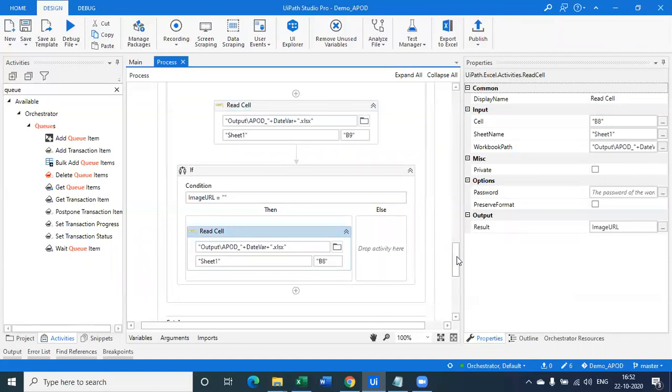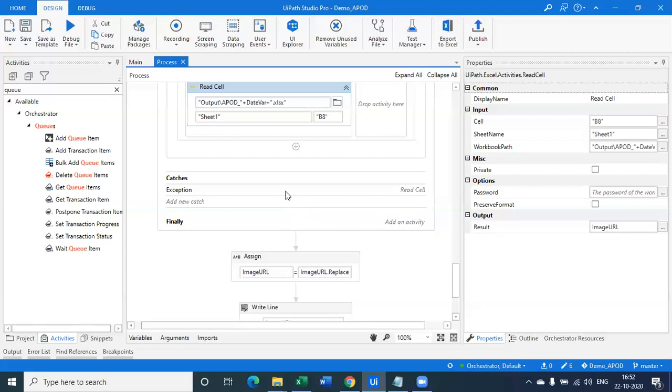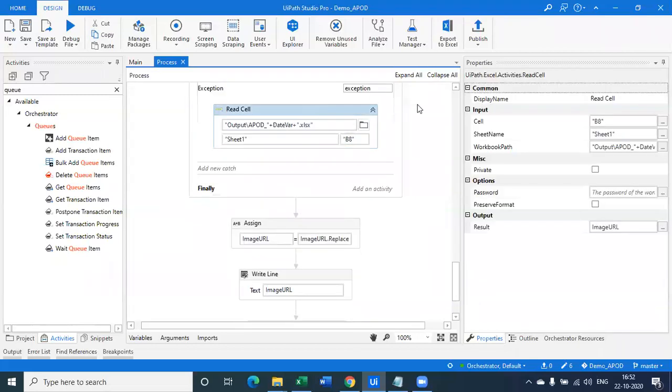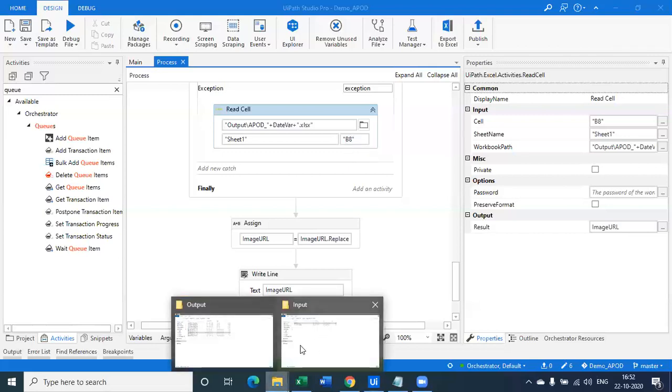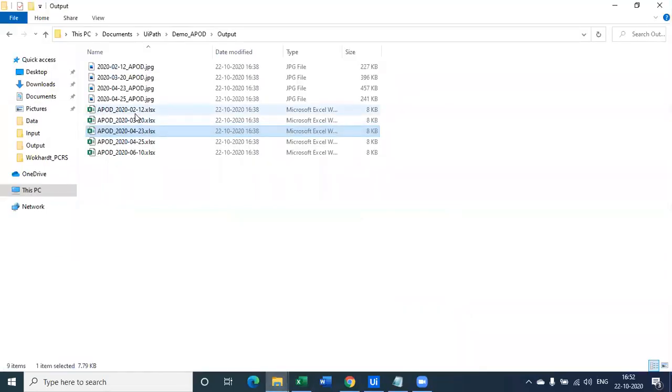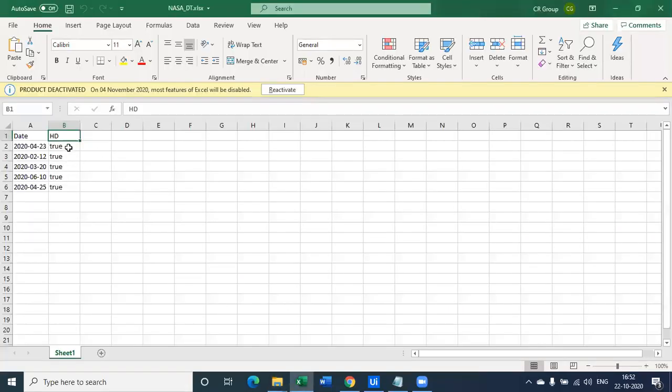At the same moment, we will capture that in the exception. And if an exception is thrown, still, if cell B9 does not contain the value, we will capture the value from cell B8. Now, once we have this information, Read Cell will read only the particular cell, which is B8.